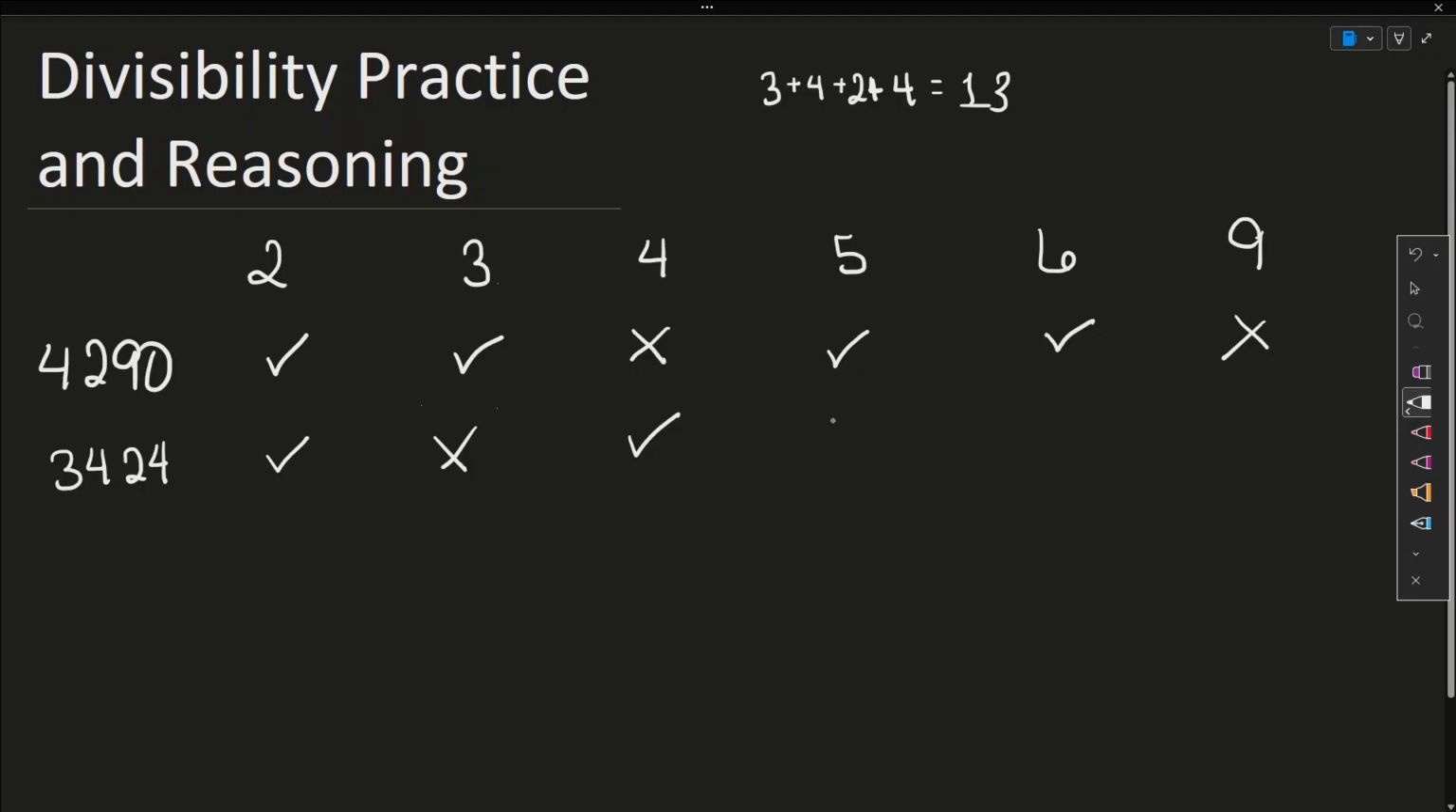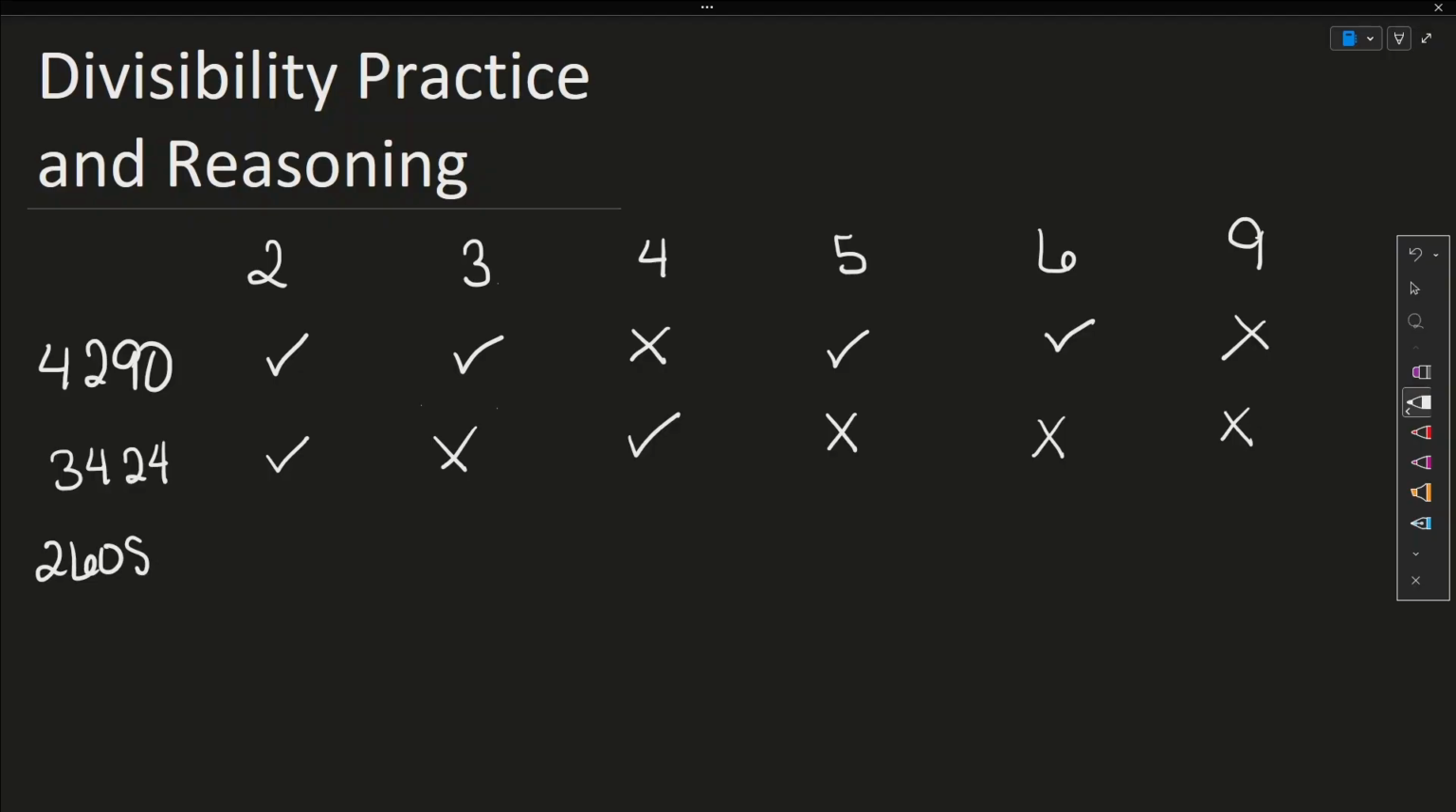What about 5? No, since this number does not end in a 0 or a 5. 6? No. Although it is divisible by 2, it's not divisible by 3, and we need both of those. And finally, 9. The digit sum is 13, and 13 is not divisible by 9, so no. So 3,424 is divisible by 2 and 4, but not by 3, 5, 6, or 9. So for our next number, we have